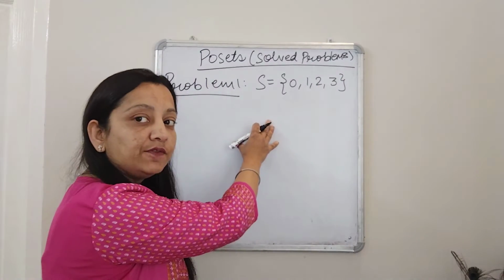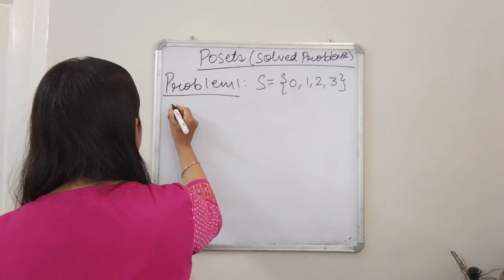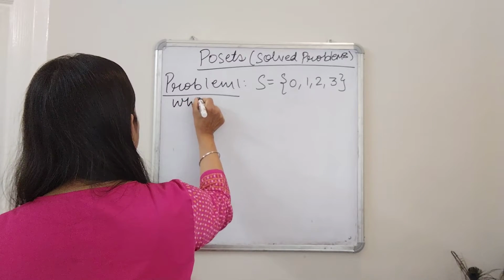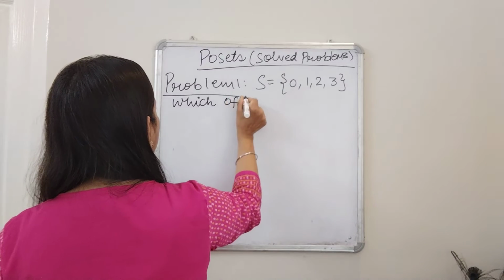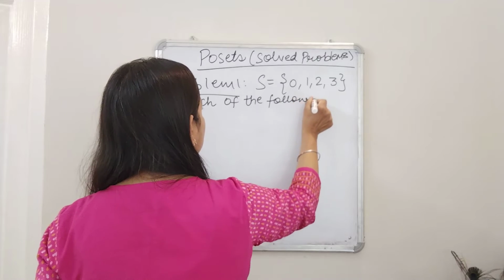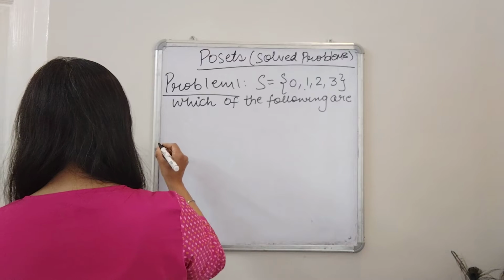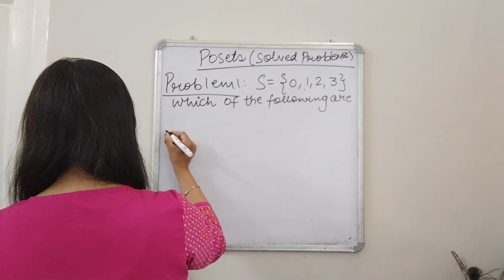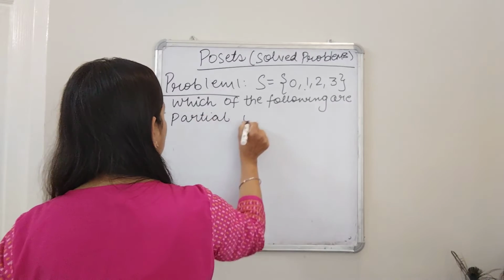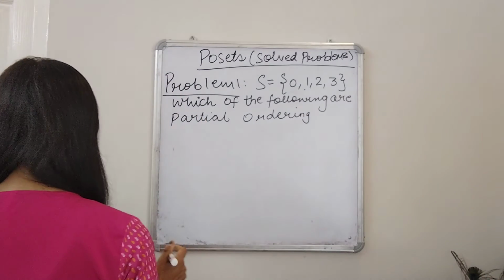So there is a set S having elements 0, 1, 2 and 3, and we have to determine that out of the relations given below, which of the following are partial ordering. So the relations that we are given are